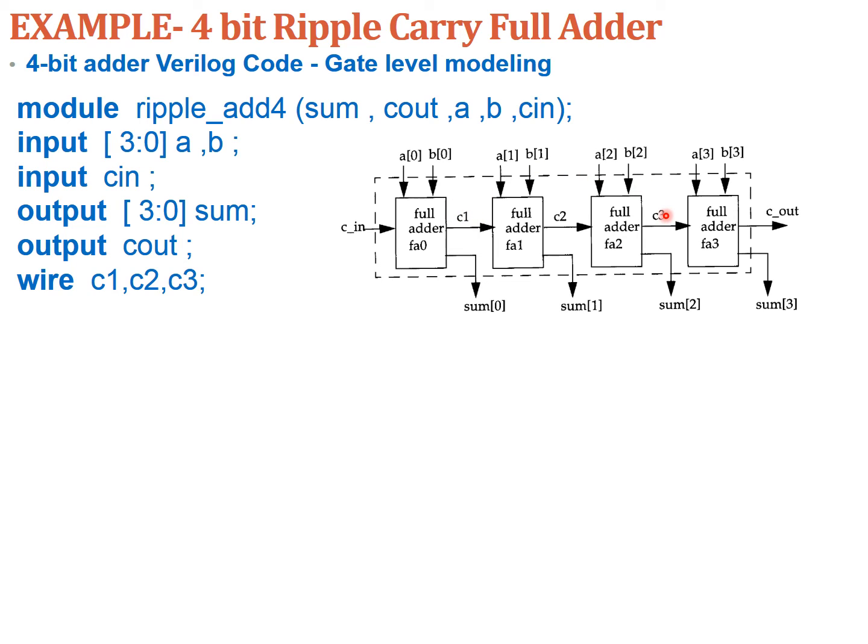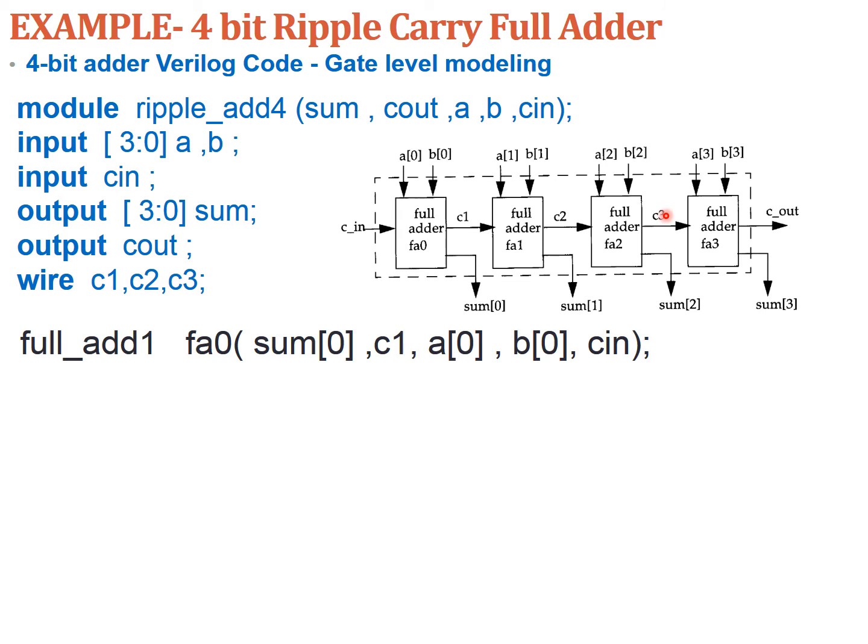Once we are done with all the declarations, input, output, nets, it's time to instantiate the full adders. Let's instantiate the first full adder. Here, we have to use the same name we used in the previous program. So the previous module we had written was full_add1, and it is very important that we give a label. I have just given the label as the name given in this block, FA0, and we have to pass this list as we have declared previously. So previously we had declared sum, Cout, A, B, C, so we have to pass it in the same order.